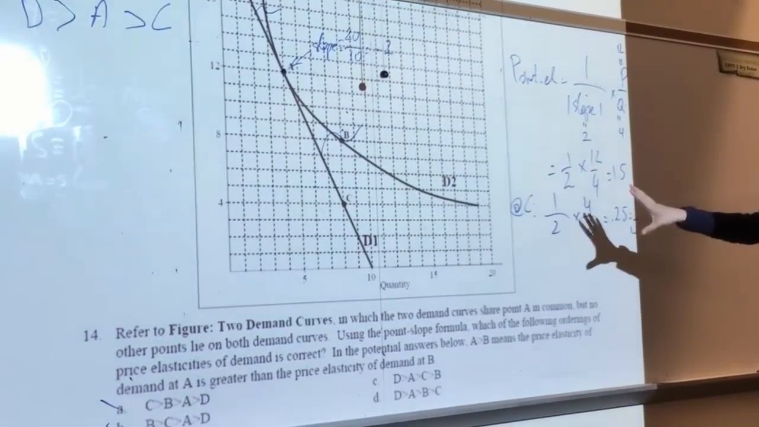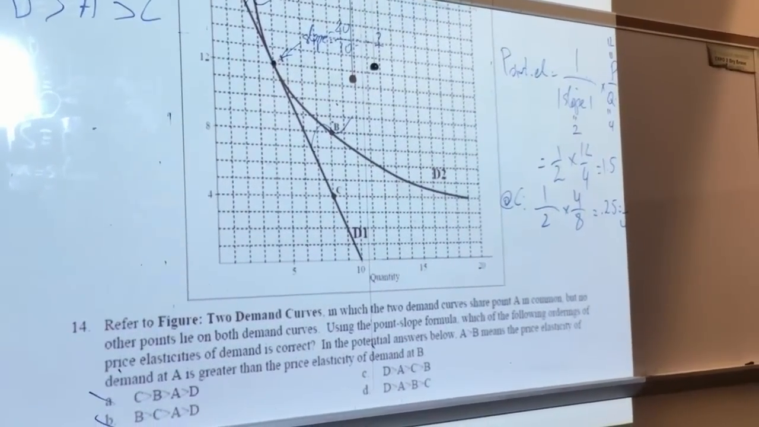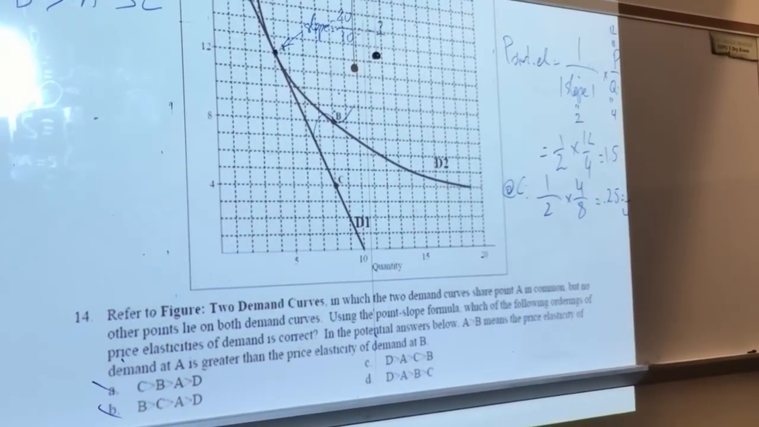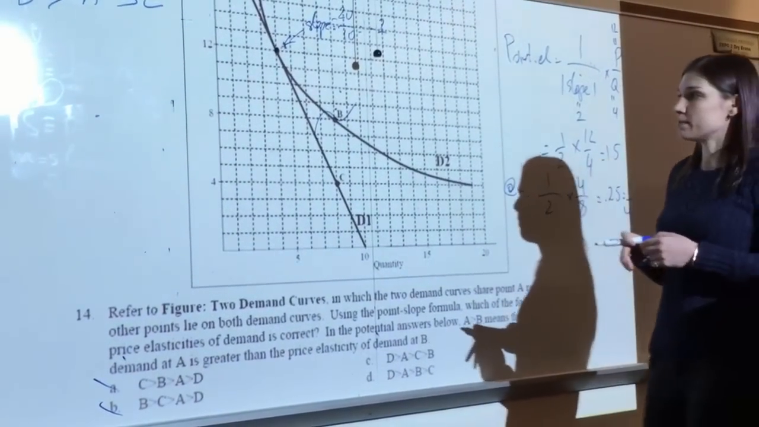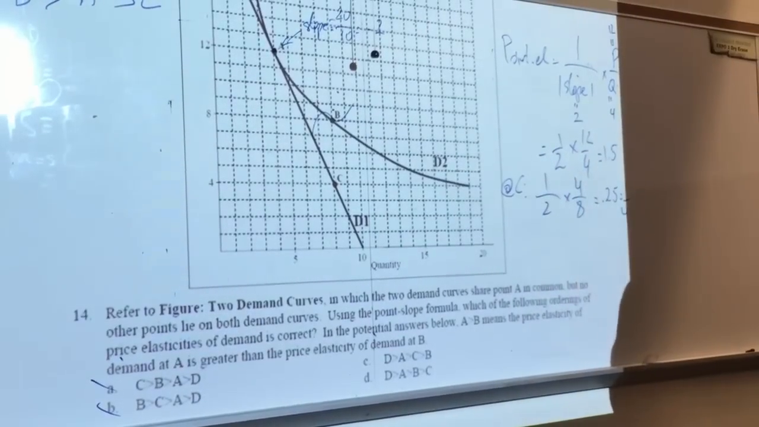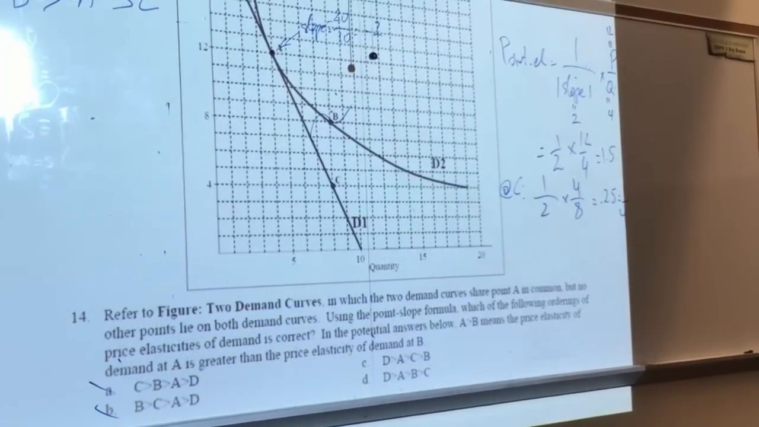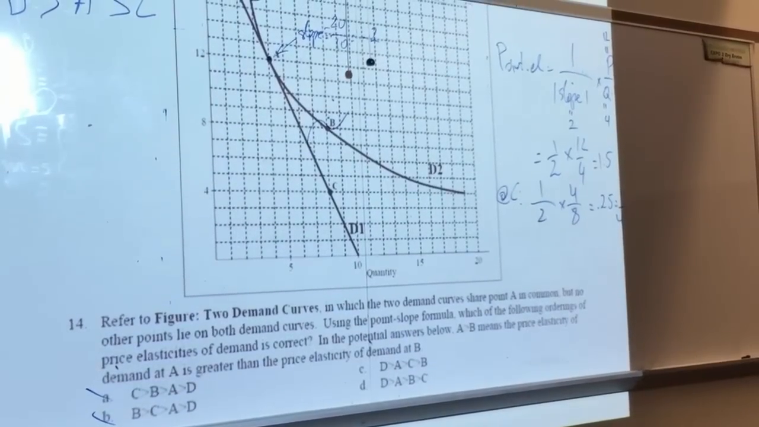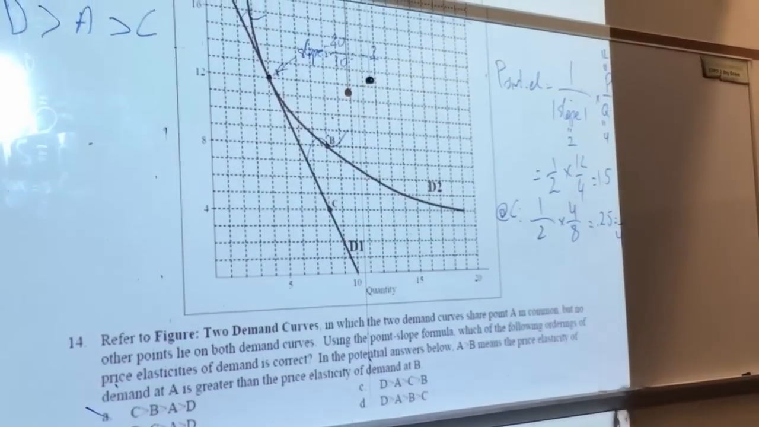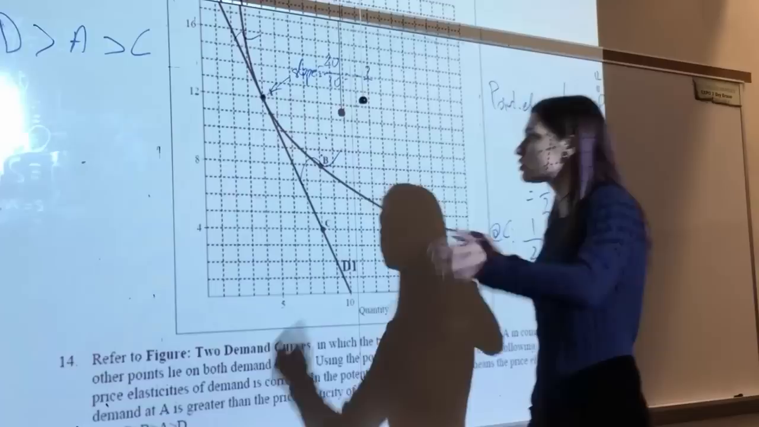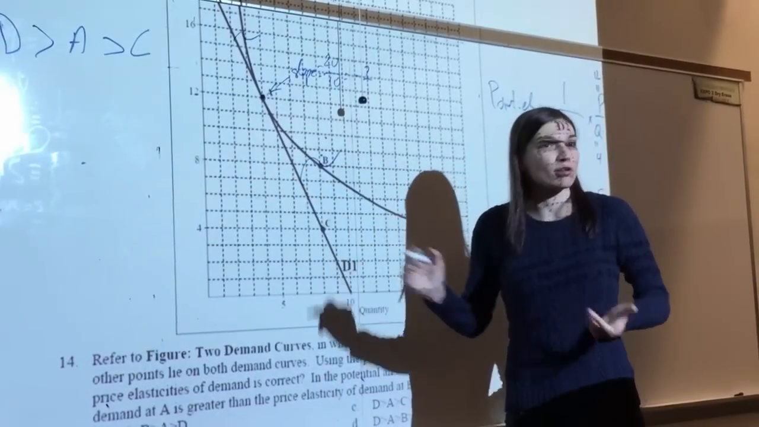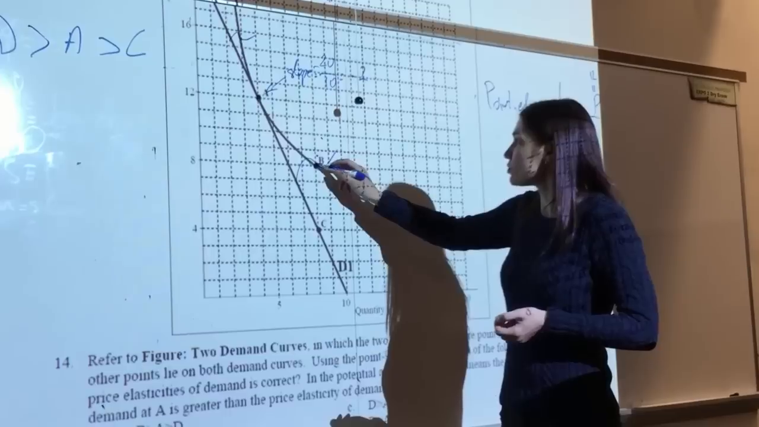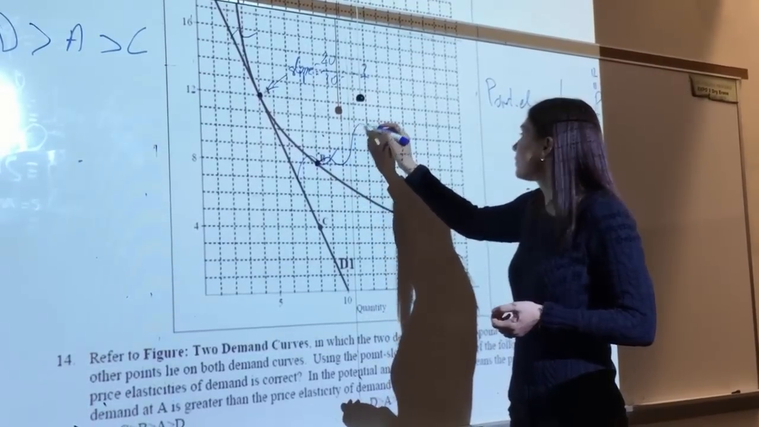That's my price elasticity at C. Now, can I calculate the price elasticity at B? All right, so what is the slope at B? Well, I don't really know. I can draw the tangent hopefully very correctly and calculate it, but I'm not sure what the slope is here. But I do know that according to the formula,